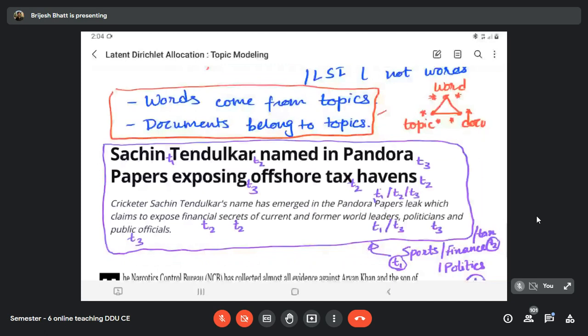So that is probability, right? You can assign a probability: the probability of this article to be counted as a finance article is 0.6. I'm just saying some number. Probability of this article to be counted as politics is 0.3, and probability of this article to be counted as sports is 0.1. Let's say this is my probability distribution. So I believe you got the idea where we are leading.